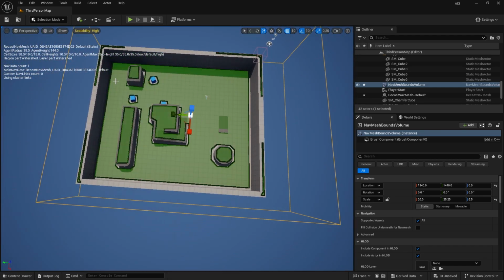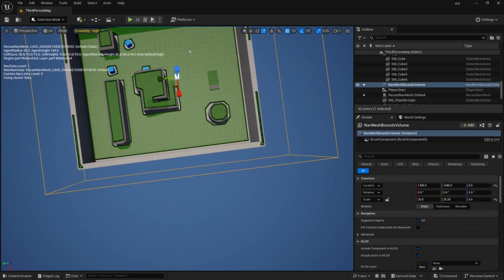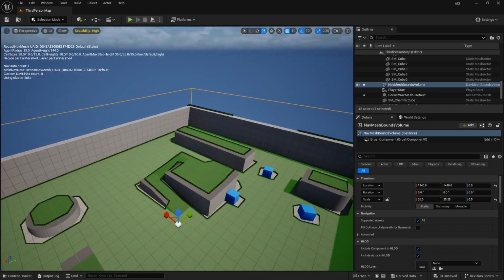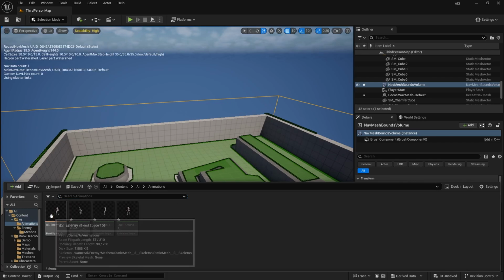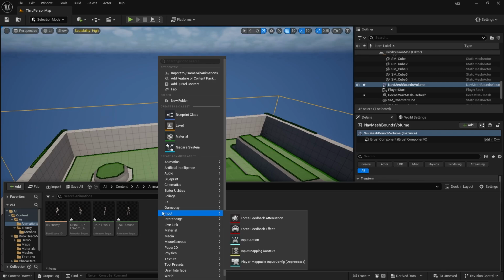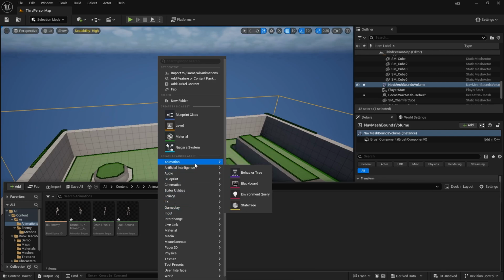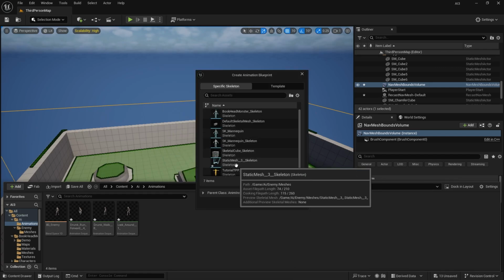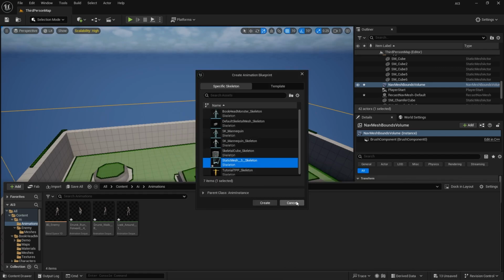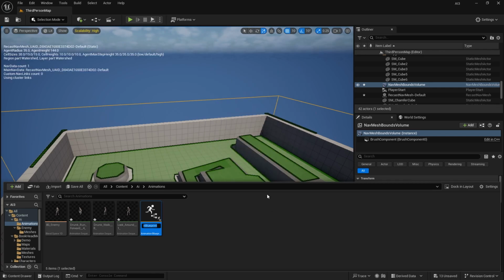So as you can see, anywhere in this green is where my AI can go. Next, you want to go back to the animations folder. Yeah, there we are. By clicking Control and Shift together, then you want to make an animation blueprint. So go to Animation, Animation Blueprint, and again make sure it's to the static mesh you imported from Mixamo. So call it ABP